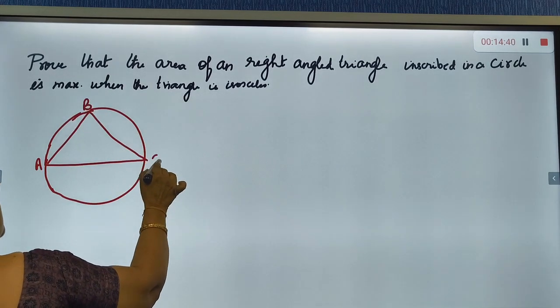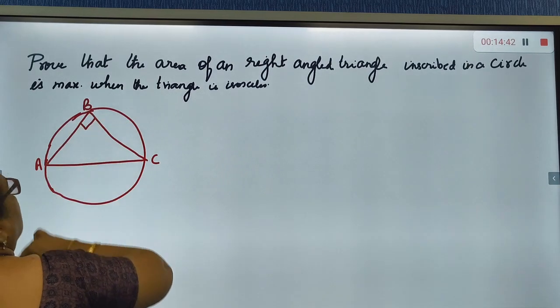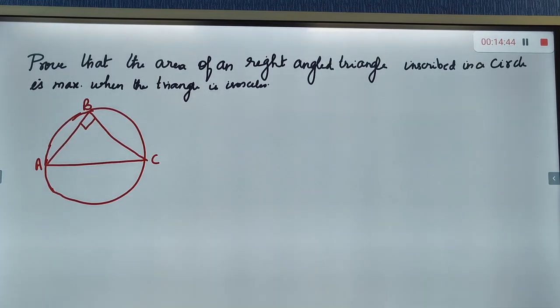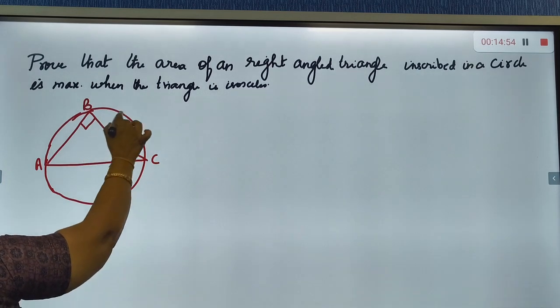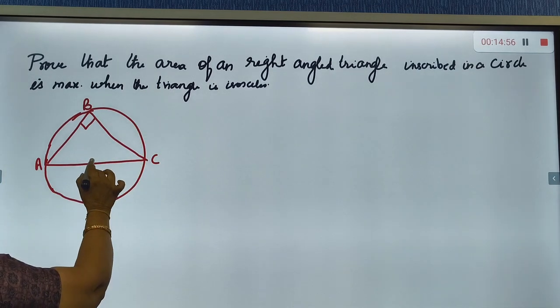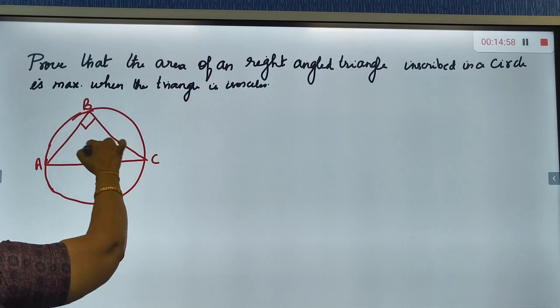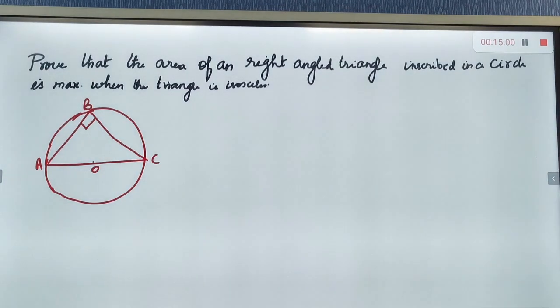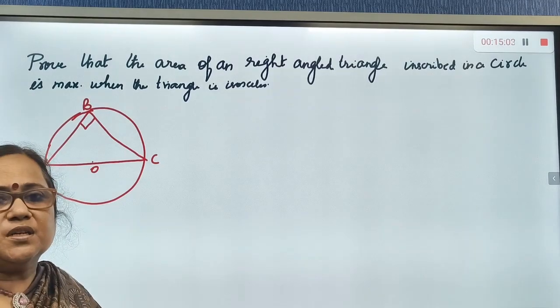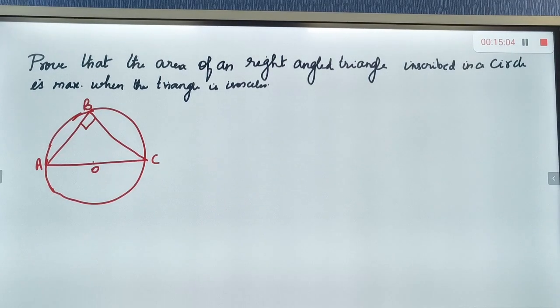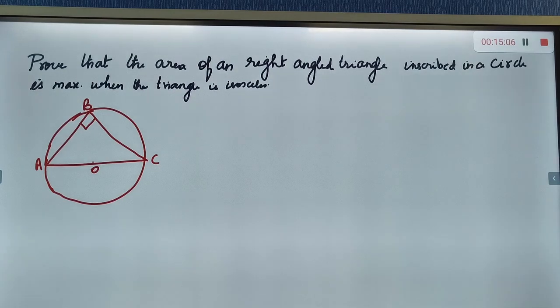Let ABC be a right angle triangle, which is inscribed in a circle. You have to prove that of all the right angle triangles that you can inscribe in the circle, because I can draw infinitely many, right? If with this as a diameter I draw any triangle, it is going to be a right angle triangle, because angle in a semicircle is 90. Of all the right angle triangles, you have to prove that the one which has got maximum area